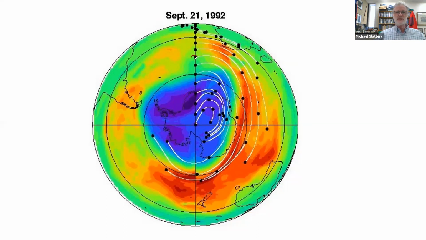In other words, this one that I'm circling here goes from here all the way around to there in 24 hours, and 24 hours later it's there, and 24 hours later it's there, and 24 hours later it's there, right? That's a 4-day trajectory of that balloon. And the colors show ozone. Anything in blue is the ozone hole.